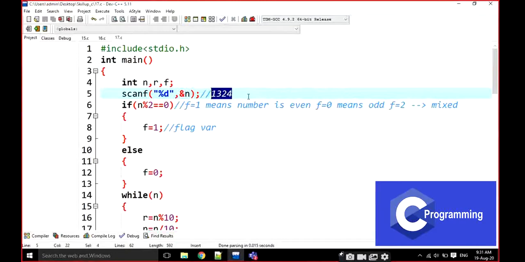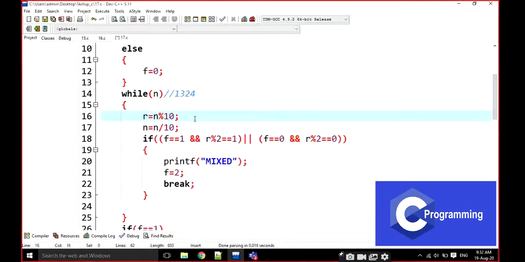F is 1. Now what is the r value? R becomes 4 and the value is 132. Now we are going to check that f is equal to 1. Yes, the f value is 1.